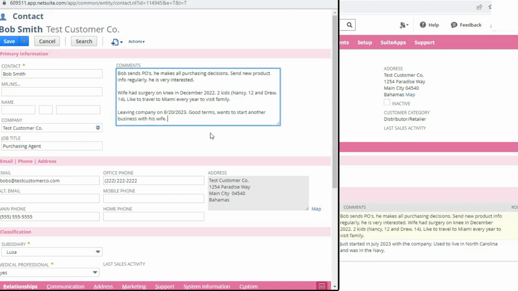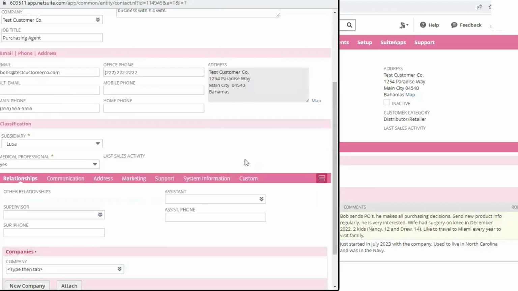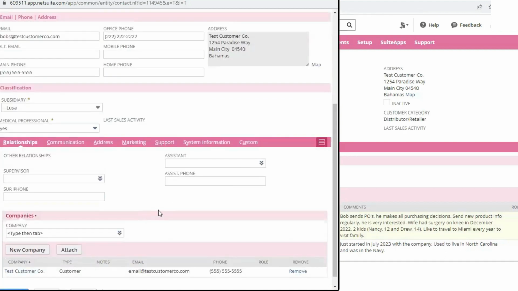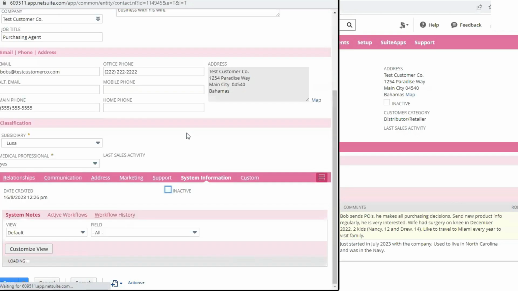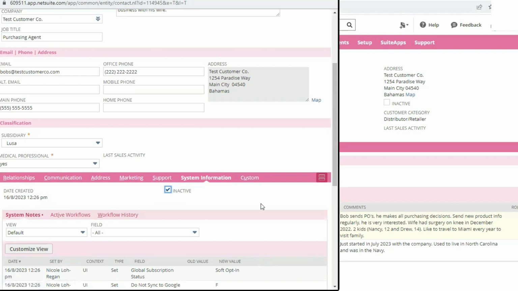It's really helpful if you leave a note stating whether he left on good, bad, or neutral terms. That way we don't bring Bob up if he really made a bad impression or something like that. If he's starting his own company and he made contact with us and he's a new lead, you can always search for him here and associate him with that new company. And then you're going to go ahead and make the contact inactive.